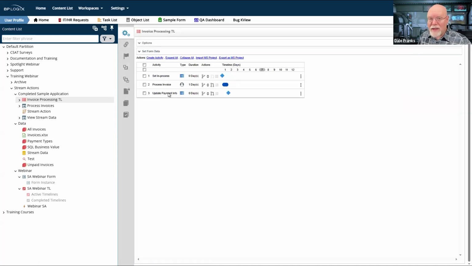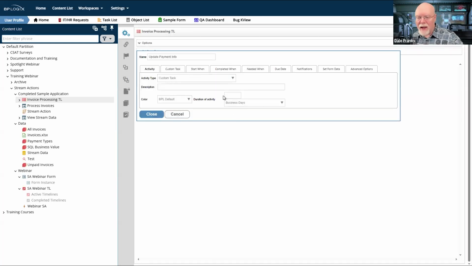Once I have set that data in the form, so now I have a payment type and I have the payment date, that data needs to go back into the original database as well, so that I can store all of the data that I need to store in my external database. It could be an accounting system, ERP system, CRM system, whatever it is. I need to shove those changes back into that system, into the appropriate record.